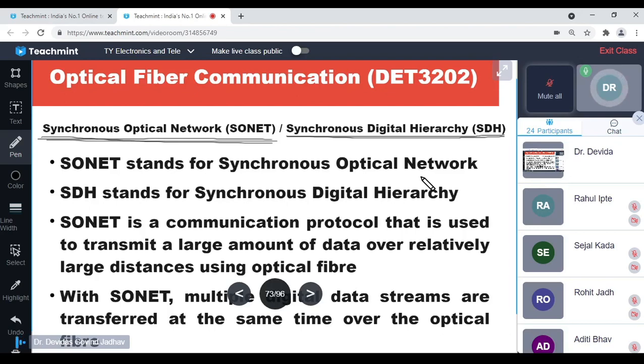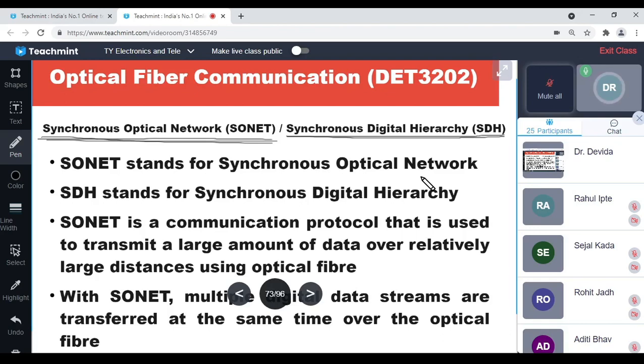As I have told you previously also, we are touching these topics very shallowly. In detail, we will study these topics more at the degree level, MTech level or research level. And if you are going for a specialized course for network engineer or optical network engineer, then you will have to study this in detail. So just to have the introduction, we are covering these points: OTN, SONET, then optical networks, optical amplifiers.